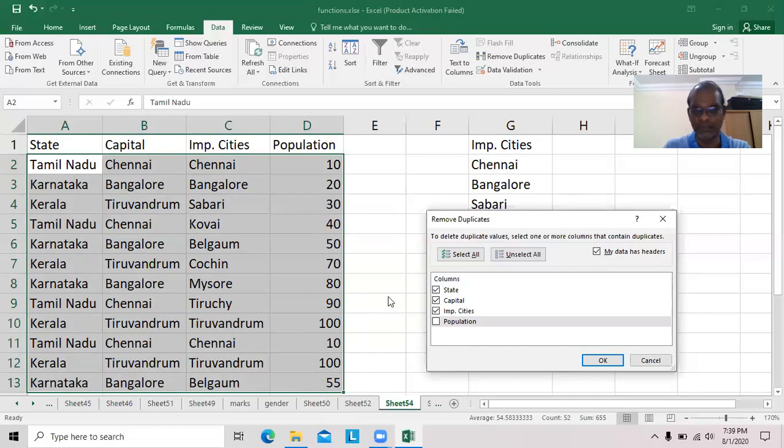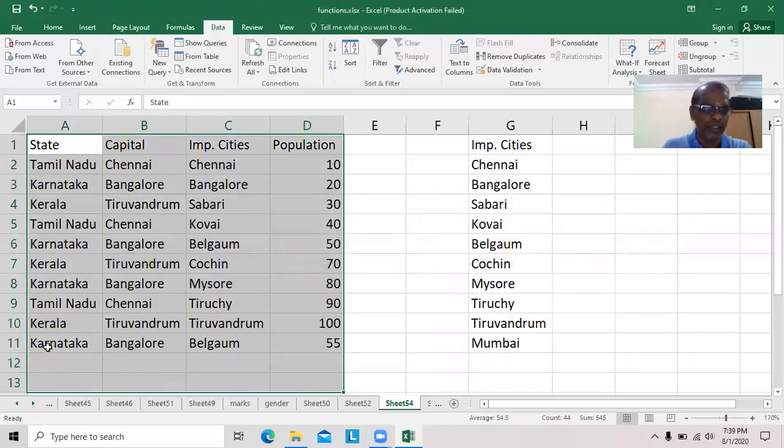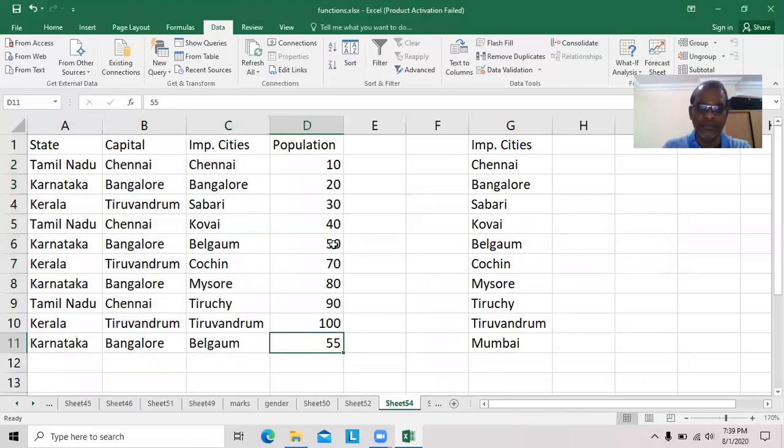Then it will be considered. Now, these two rows, Tamil Nadu, Chennai, Chennai 10, and Kerala, Trivandrum, Trivandrum, 100 will be removed. Karnataka, Bangalore, Belgaum, 50 will be retained. See here, 2 duplicate values found and removed. 10 unique values remain. Because it contains 55, it contains 50. That is the difference between these two.